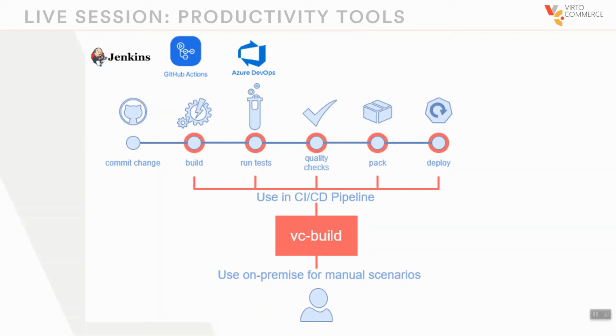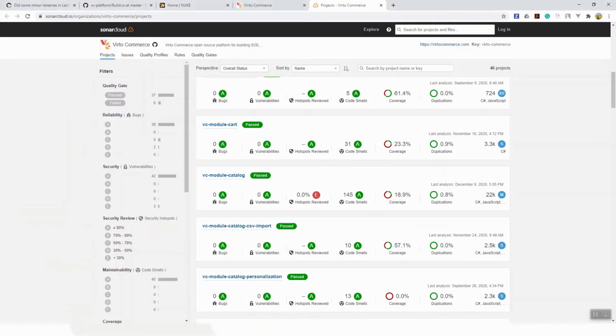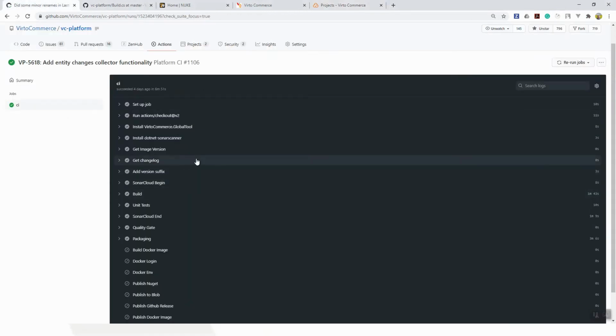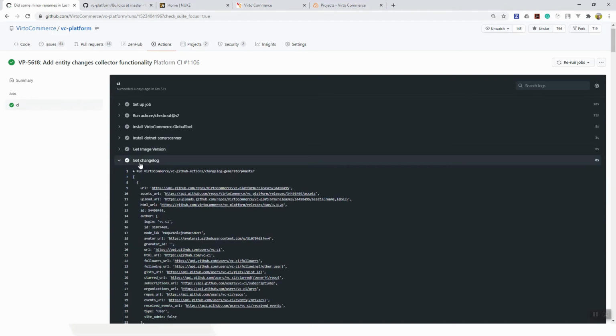Thanks to its cross-platform nature, VCBuild can be easily integrated into various build services and continuous integration and deployment pipelines. It is used with a multitude of them, such as Jenkins, Azure DevOps, or GitHub Actions. A typical build task can be solved with a simple call to VCBuild with a required target. You are not tied to the scripting language of a particular build system, and it can truly be build system agnostic, since you don't need to study Groovy or PowerShell to automate your build task